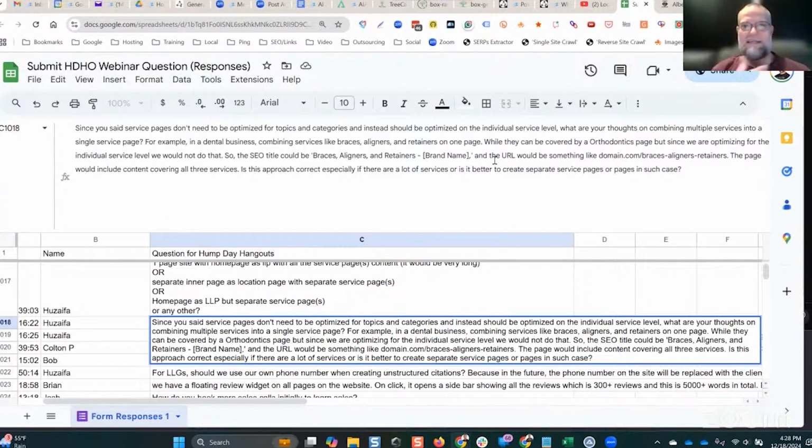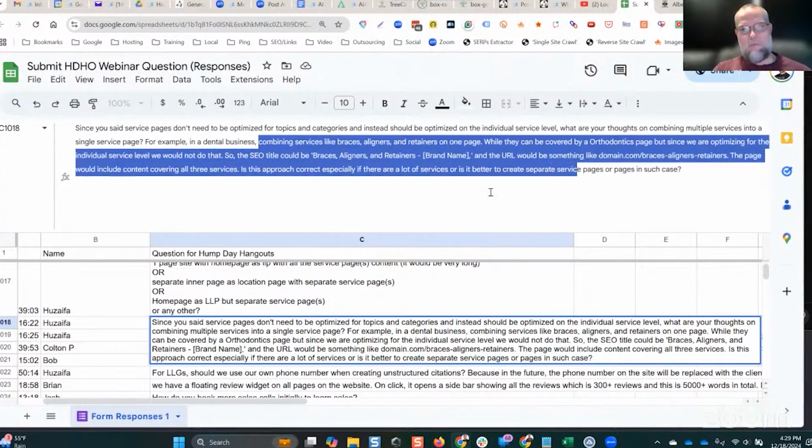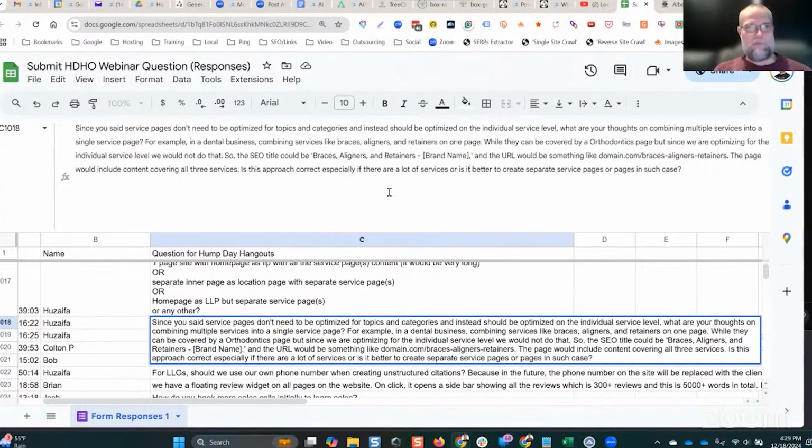And by the way, I wouldn't be doing this for the first time with a new client in a new industry, because that's not how I operate in my agency, as I mentioned before. Do you understand? I would have already figured out whether or not I needed to have inner pages for all of this stuff or if I could do it at the top level category and topic level. Do you understand? Because again, if I'm going to go out and pitch my SEO services, which might include building a website like I do for Tree Guys. I don't build websites, guys. We do offer Tree Guys websites, but I don't like to do web design and everything else.